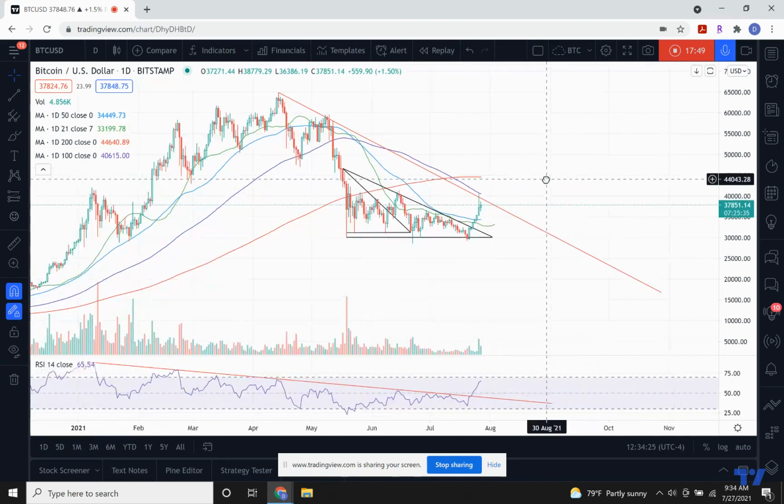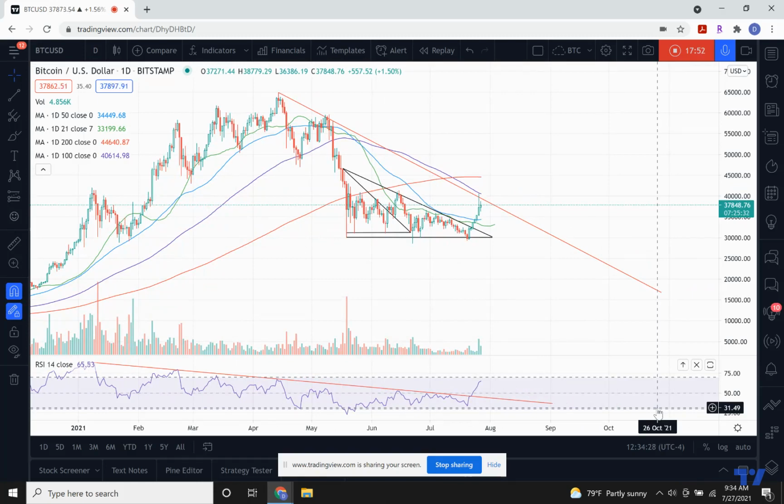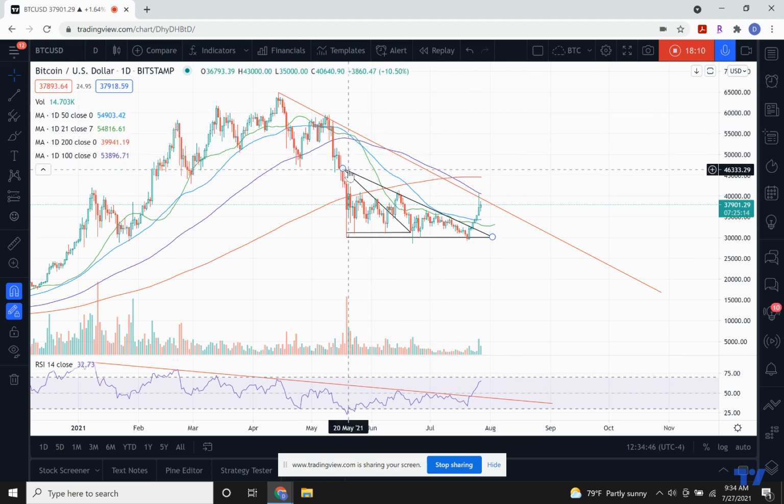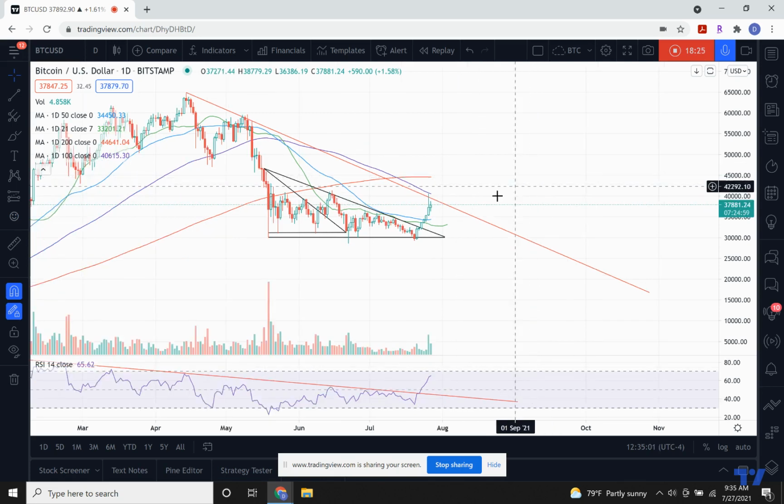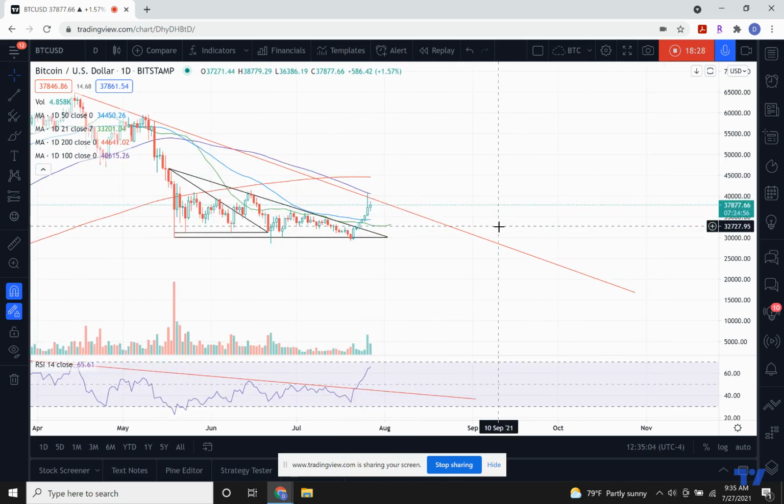So yeah, at this point, I'm not going to pick a side, up or down, but if I have to say for sure, I think we get maybe to 44 on the top end. There's a lot of people up here that are going to want to get out at break even if we get up into here. Like I said earlier, all the easy money was taken. So I took it, and the short squeeze was over. I called it over here, when we touched the downtrend line for the first time, which it was.